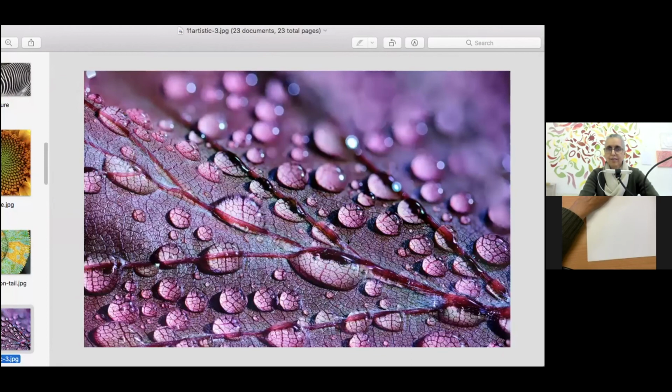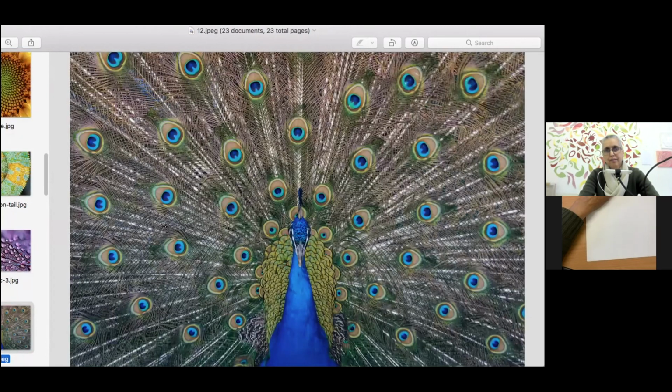Droplets onto a leaf, and again, how each one of them sort of projects what's underneath. Beautiful peacock, and the amazing pattern that nature has created here.